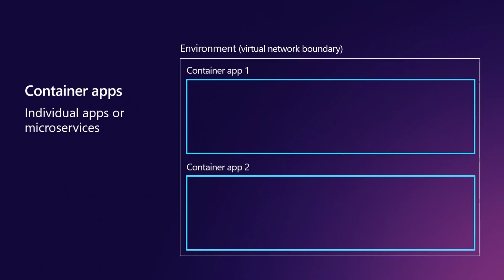And as I was saying before, you can deploy one or more container apps to a container app environment. A container app is basically a microservice, or an app that you might deploy. So you might have one app that is a web front end for your entire application, and then you could have an order service API deployed as another app. And you might have an inventory service that might be reading from a queue deployed as a third app.